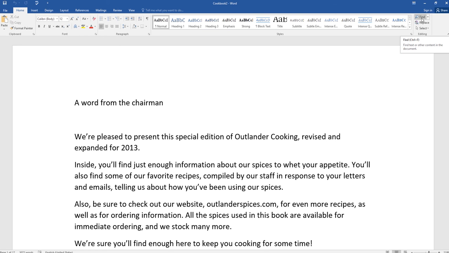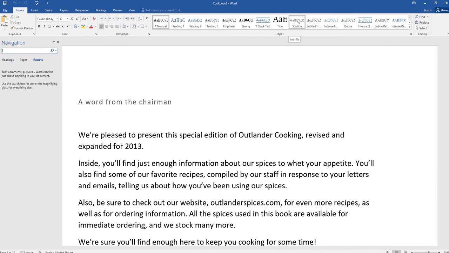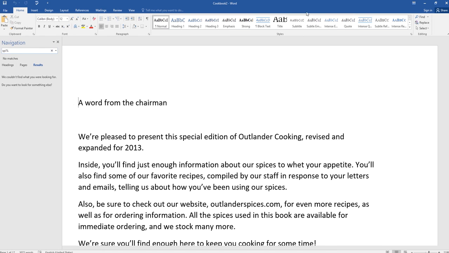Remember, if you hover over this, it'll tell you the shortcut as well, so Control F. Okay, and we will look in our results. So I could look up SPI and then %, and then if I hit enter,